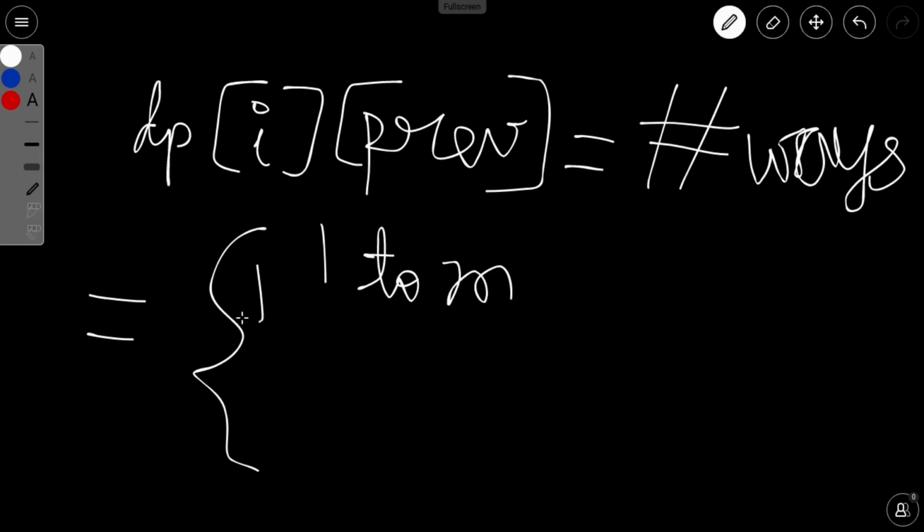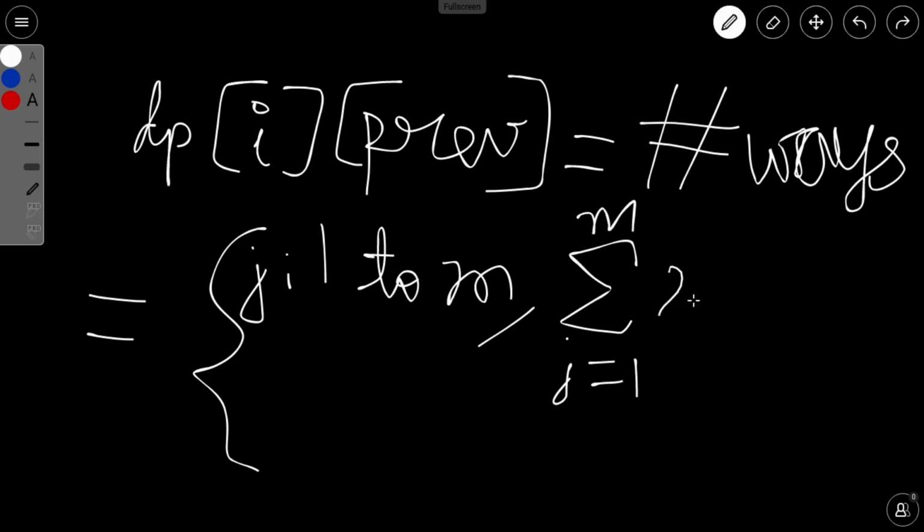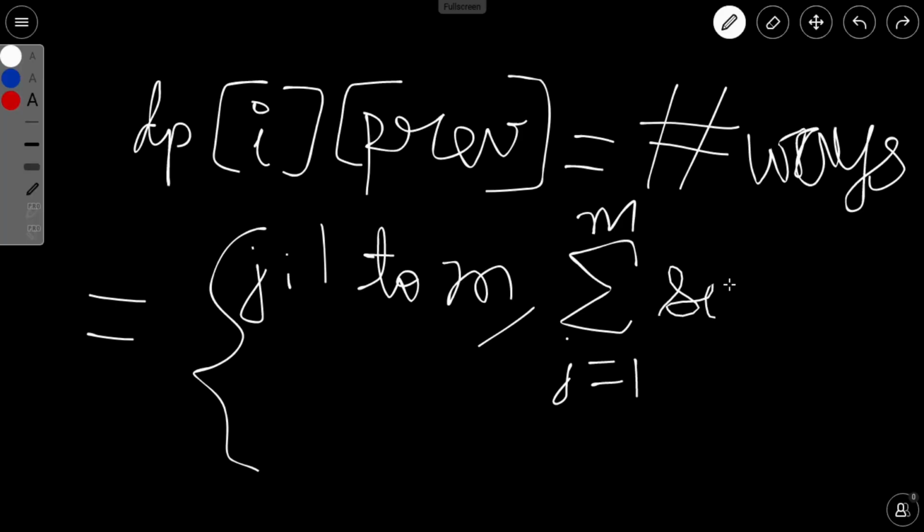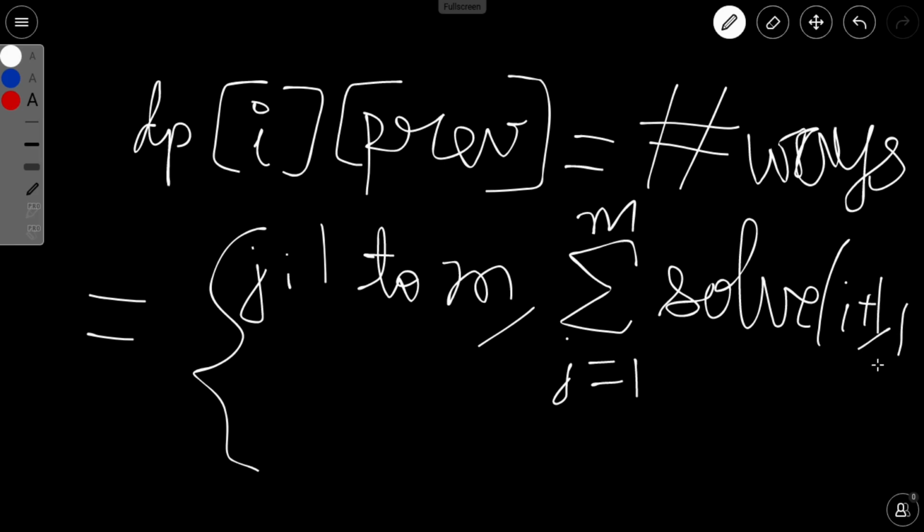Let us say a variable j goes from 1 to m, and for each j you will find out basically the summation of j equal to 1 to m, solve of i plus 1 comma j, because the previous element of the next element would be j.